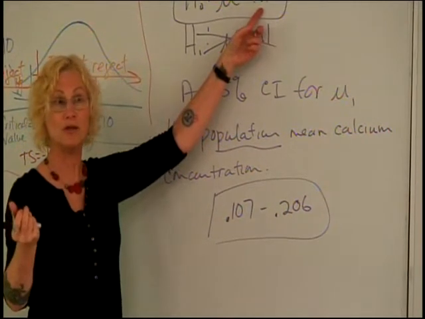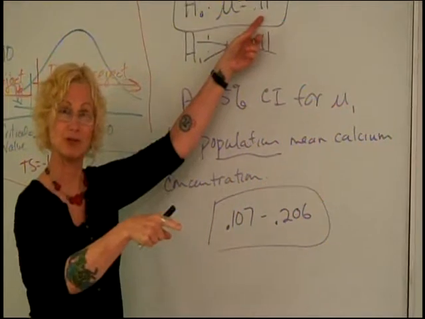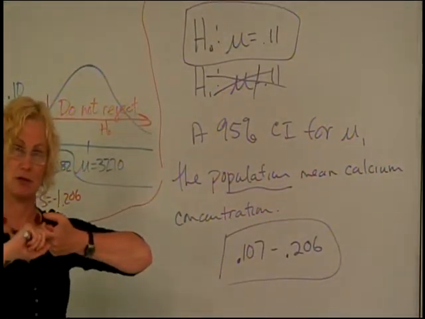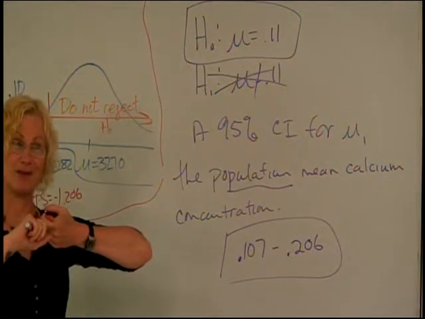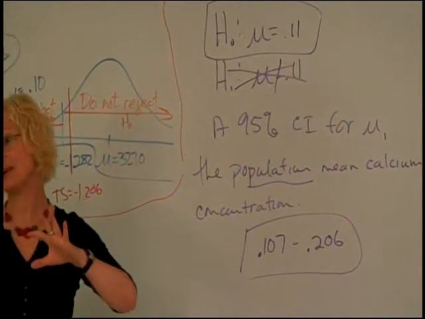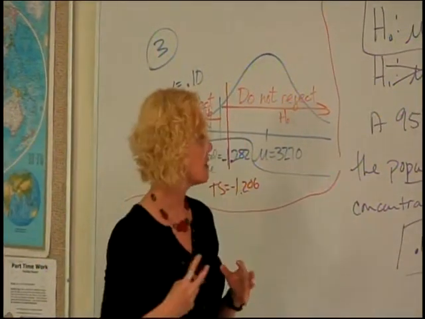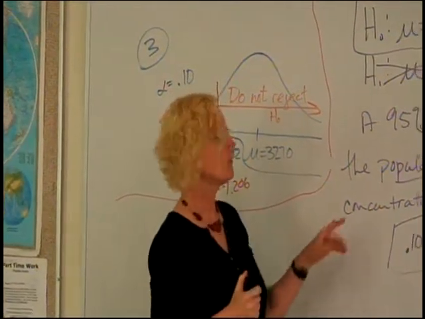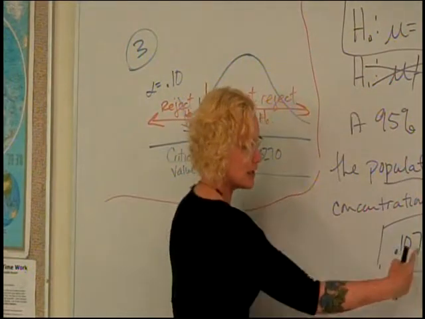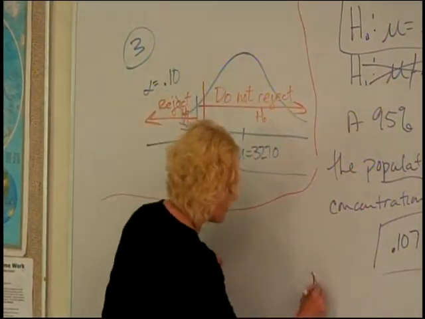When you test two parameters, which we'll get to in chapter 11, you're testing them against each other. You with me? For right now, and I want to keep reiterating that so it starts to sink in, we're looking for that number. And if that number is in your confidence interval, then you would not reject H0